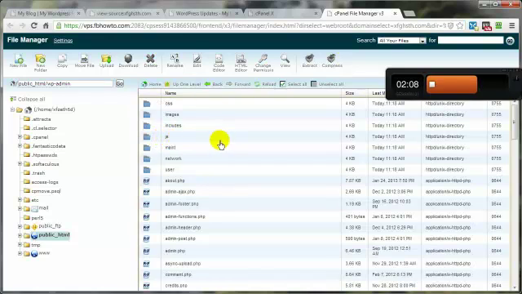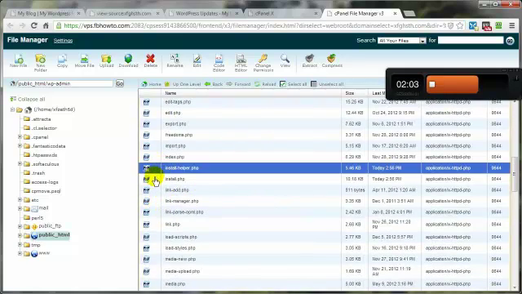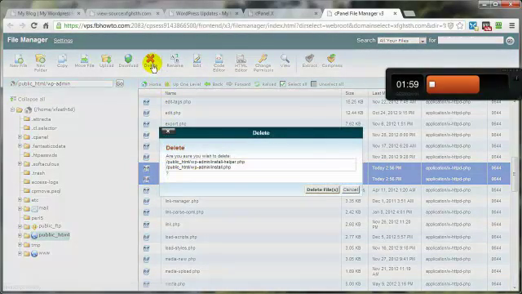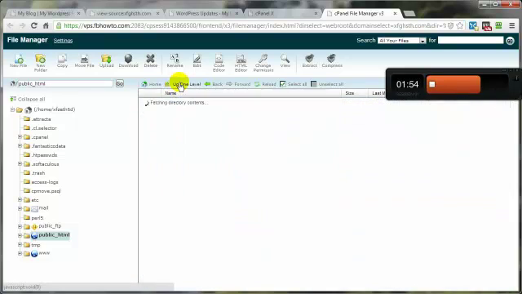Go into the wp-admin. And let's get rid of the install files here. That's the helper and the install PHP file. Select those two, delete those. Now then, let's get on back to